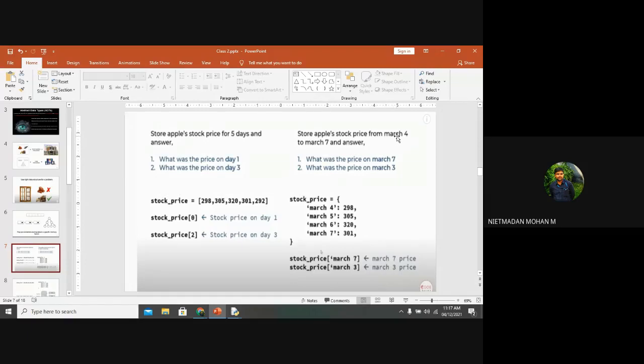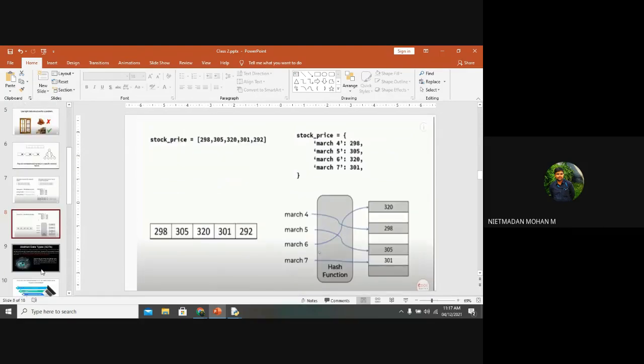Any doubts? No, sir. So the major thing is, based upon your output requirement, we declare a data type, and based upon the declaration of the data type, you can do the process. So this is the concept.